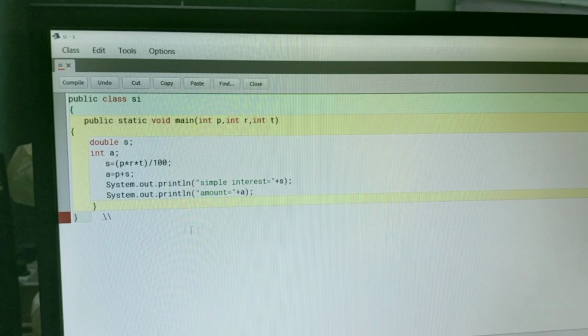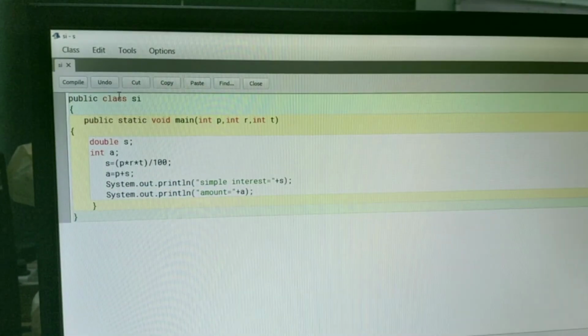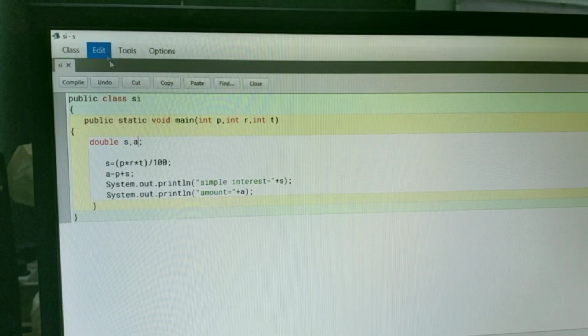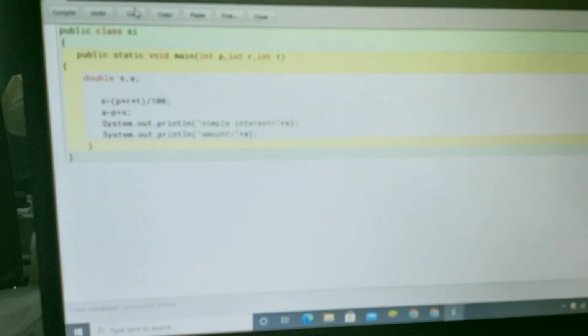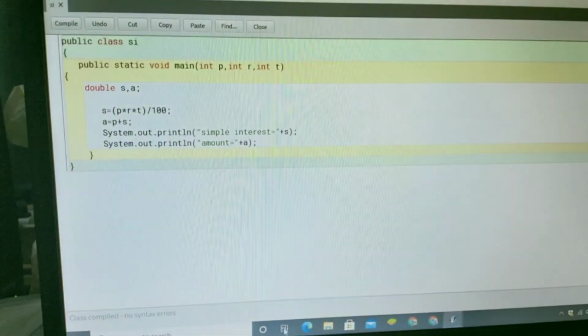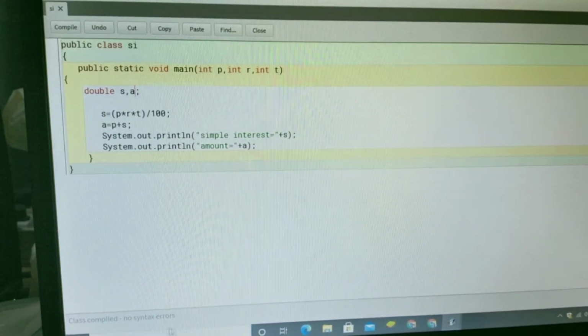Delete this, one more error here. Then we remove this line, and amount is also double type here. Again compile the program and check. Then it will show there is no error. Look at the bottom here, no syntax error.